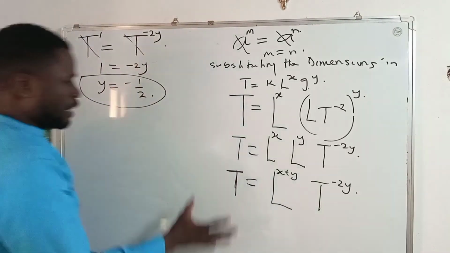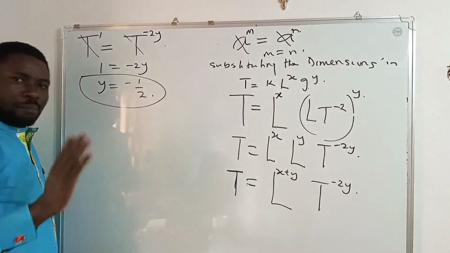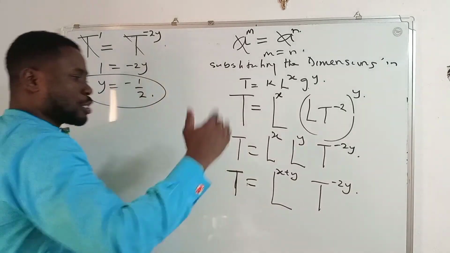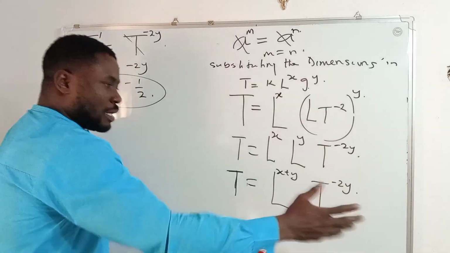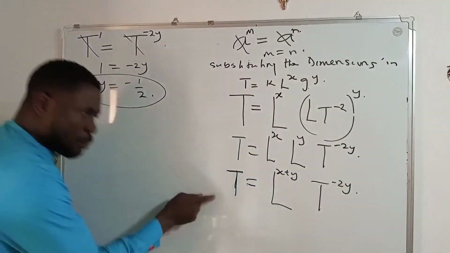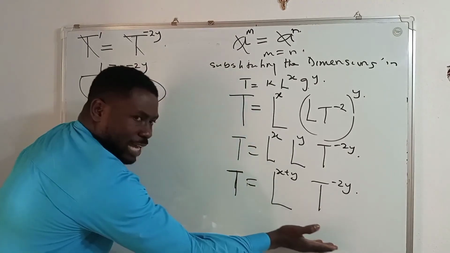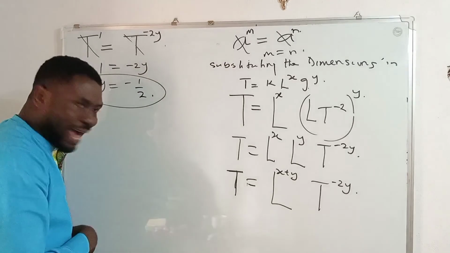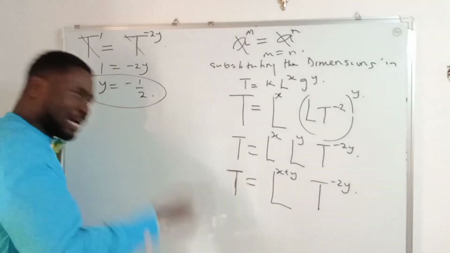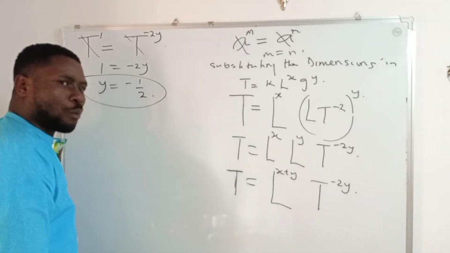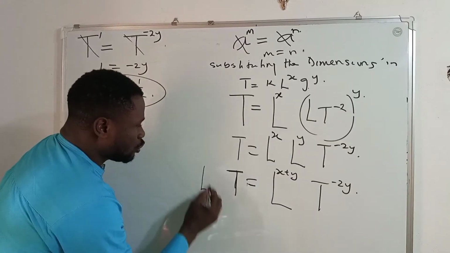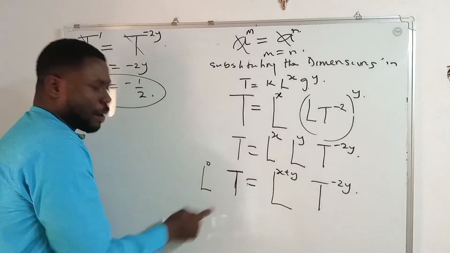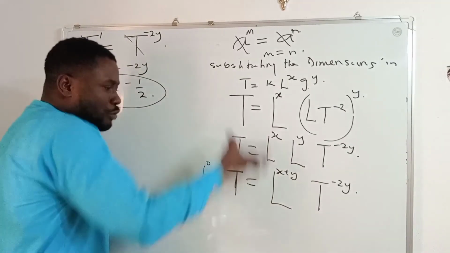Again, if you apply that same method of dimension analysis that says dimension at the left-hand side of an equation must be equal to dimension at the right-hand side, then you will go back to this equation. You see that at the right-hand side of this equation we have L, but at the left-hand side there is no L there. But I want you to understand that there is L there, but that L is raised to power 0. So if I come here and introduce L raised to power 0, you can see that I have not changed it from 1 t, because L raised to power 0 is 1. 1 times this t will remain 1 t.